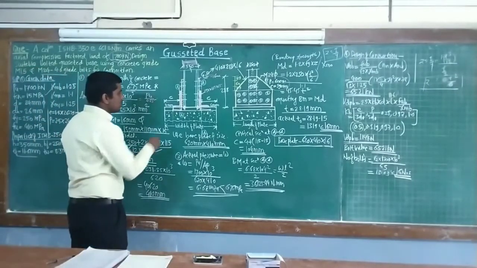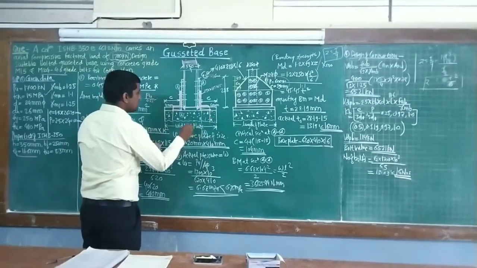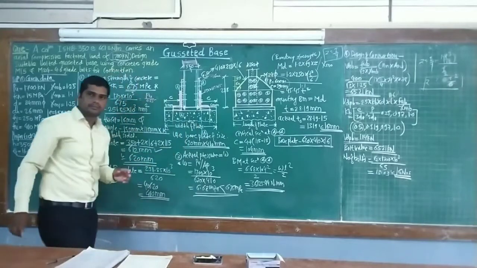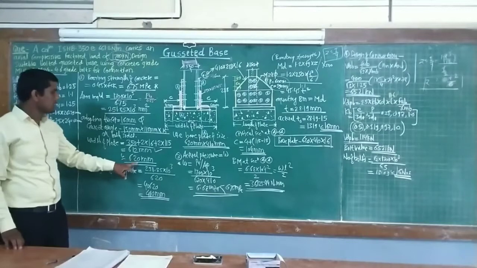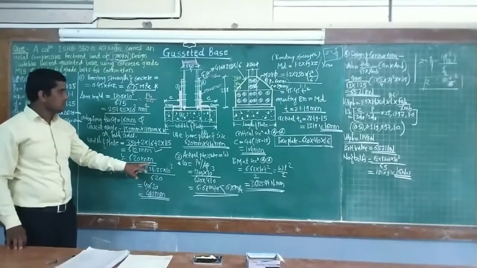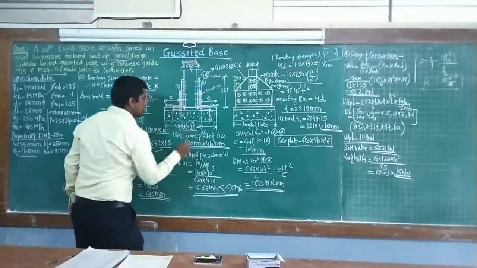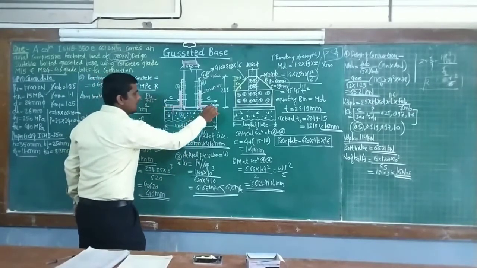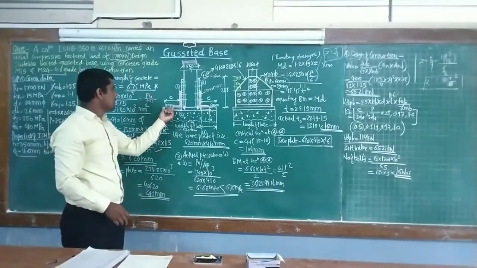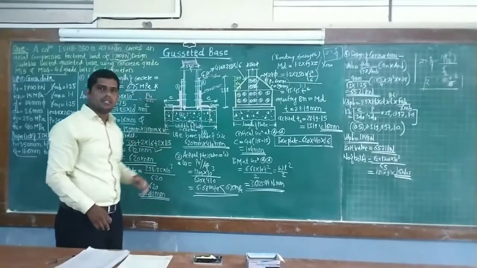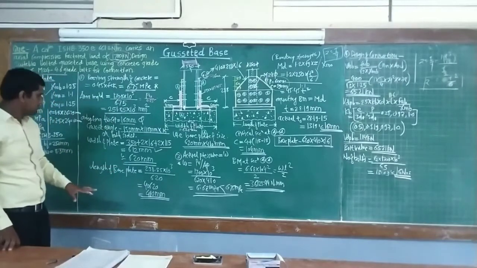But this answer is up to the outer face of the angle section. So we are getting 612 mm, and we are taking this distance as approximately equal to 620 mm. So the width of plate is 620 mm. The remaining distance is 8 mm, and we are going to divide it into two parts, so it is 4 mm on both sides. So the total answer will be 620 mm.